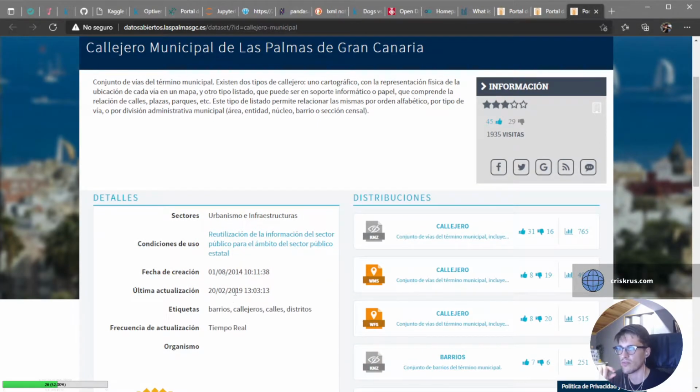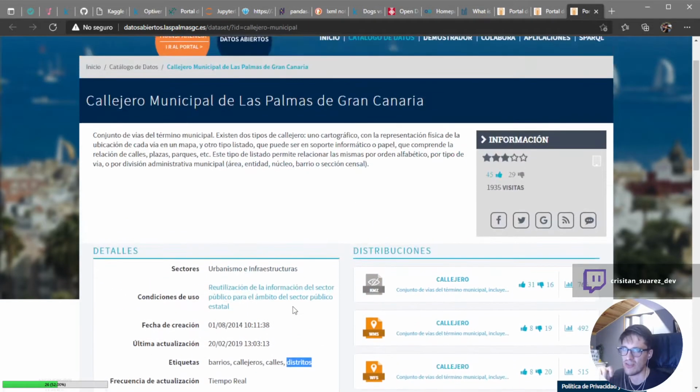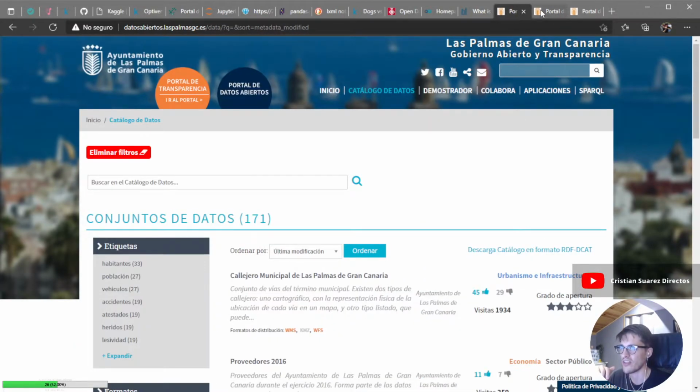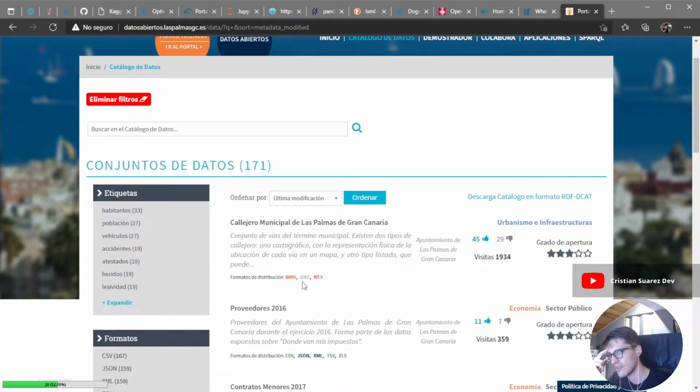It's from 2019, and it's a map about the streets and so on. And it's not interesting for me, so I have been checking those datasets. Also they are in quite weird formats.